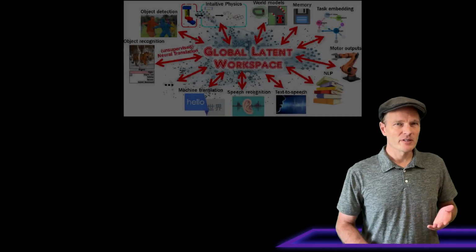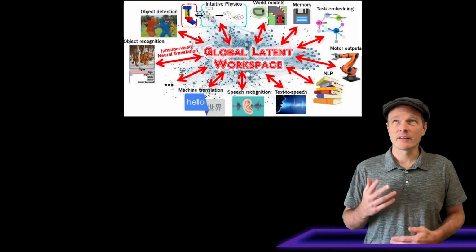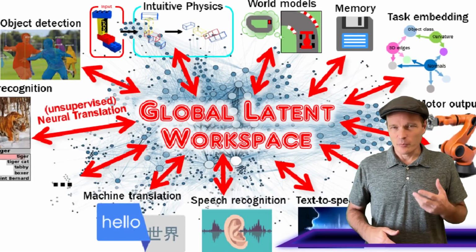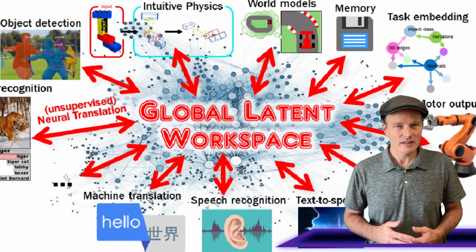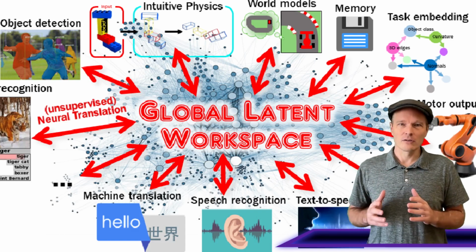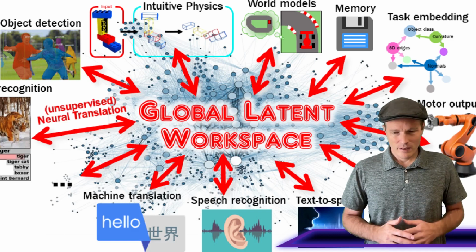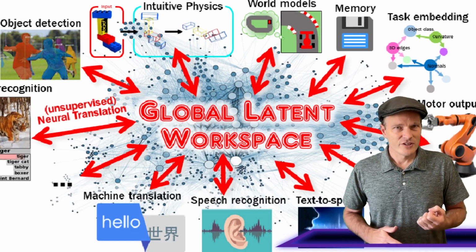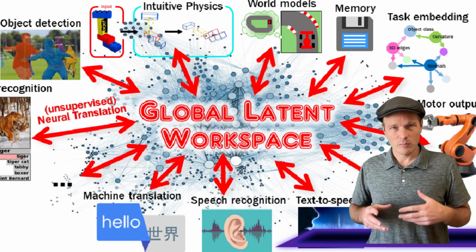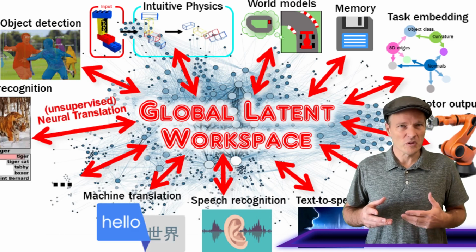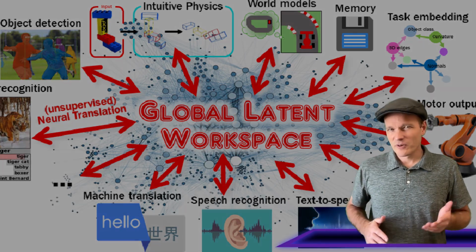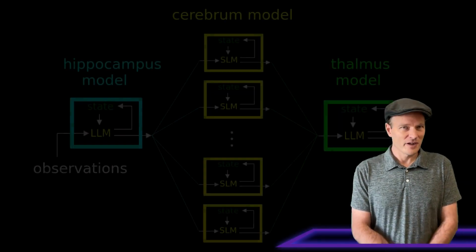So a very general purpose cognitive architecture may look something like this. Essentially, we take all of the different cognitive abilities that have been developed in computer science, or more especially artificial intelligence, and we treat them as if they are cortical columns, and then we orchestrate them all in a global latent workspace. This would produce something that would truly be a general artificial intelligence, because it would have many different cognitive abilities, and it could apply the appropriate cognitive ability to whatever situation it finds itself in as it tries to live its life. And this brings us to the general cognitive architecture that I'm proposing today.